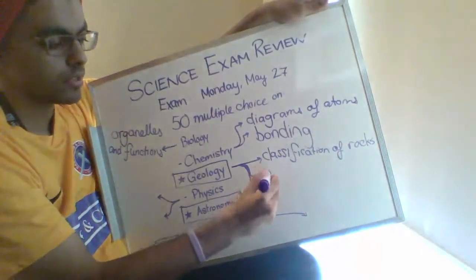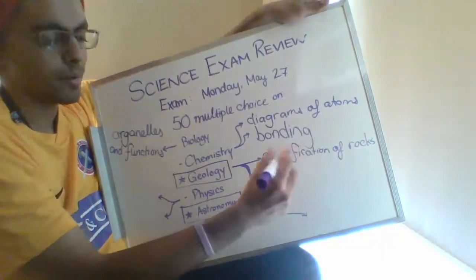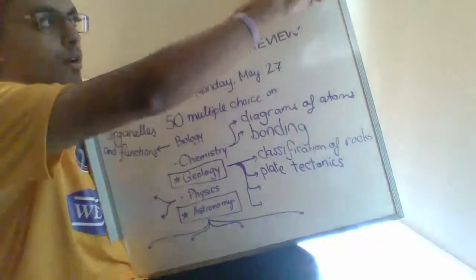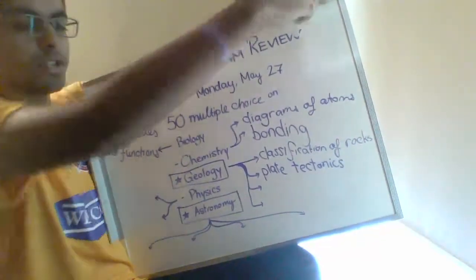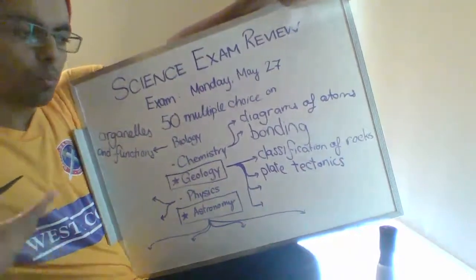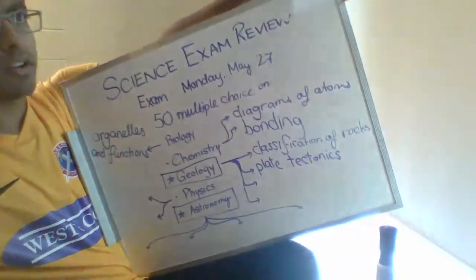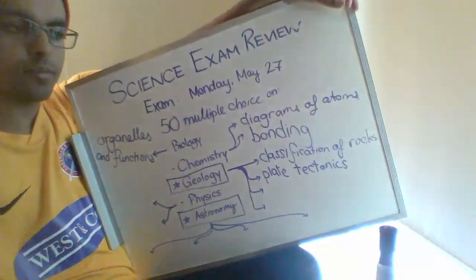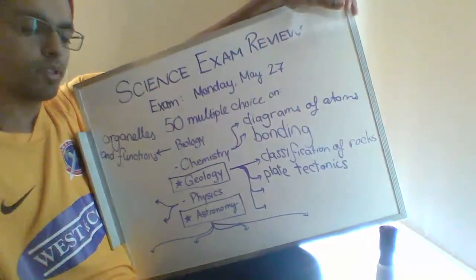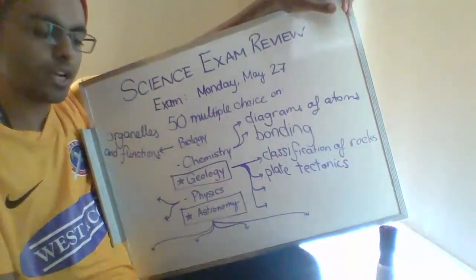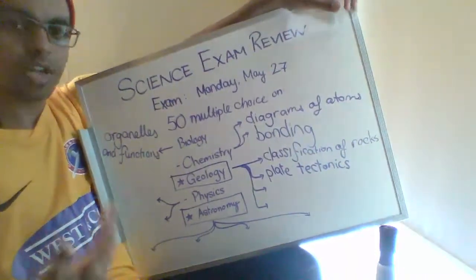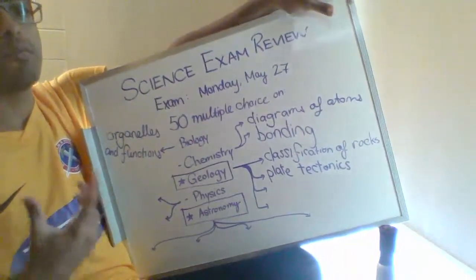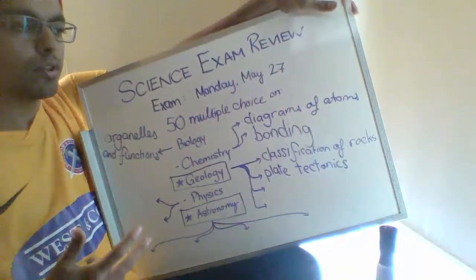Second was plate tectonics. So you should understand a little bit about the theory of it, but mostly what I'm getting at with plate tectonics is the different types of plate boundaries. So convergent, divergent, and transform faults. So what they are, in theory: are the plates moving together? Are they moving apart? Are they moving side by side? But then also in practice, if I gave you an example that you've got the Indian subcontinent and then Asia, and then there's a mountain range in the middle, which type of plate boundary is it? You need to be able to figure out, well, there's only one type of plate boundary that's really known for making mountains, right? And so that will